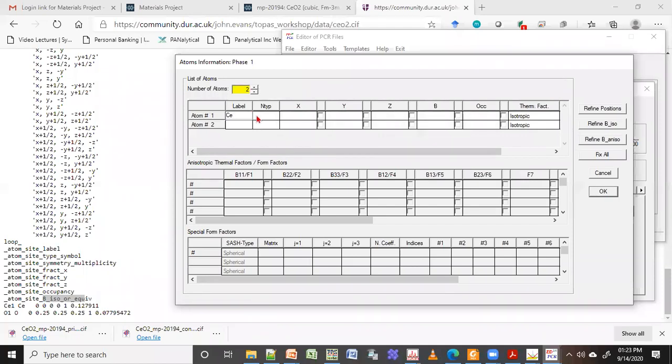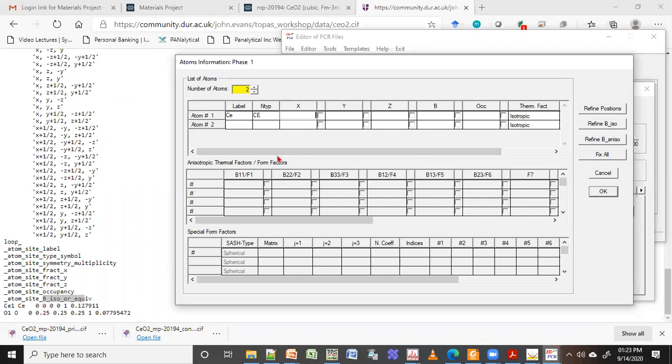This is CE. But when it comes to type, type means this is an atomic type. So you have to give it as CE. If your cerium is CE, both letters should be capital. I cannot put C capital and small e, or small c and capital E. It should always be CE. Only then is the program going to recognize that the atom you are trying to address is cerium.